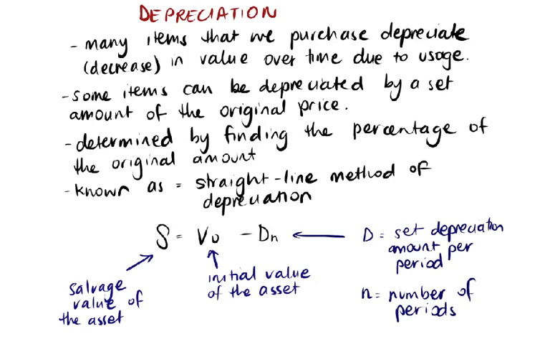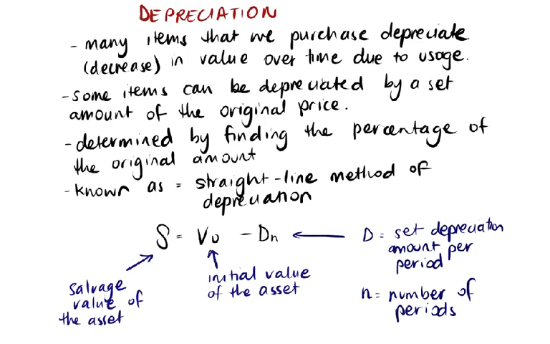In today's video, we're going to look at depreciation. Many items that we purchase depreciate, or decrease in value, over time due to usage. Some items can be depreciated by a set amount of the original price. The depreciation is determined by finding the percentage of the original amount, and this is known as the straight line